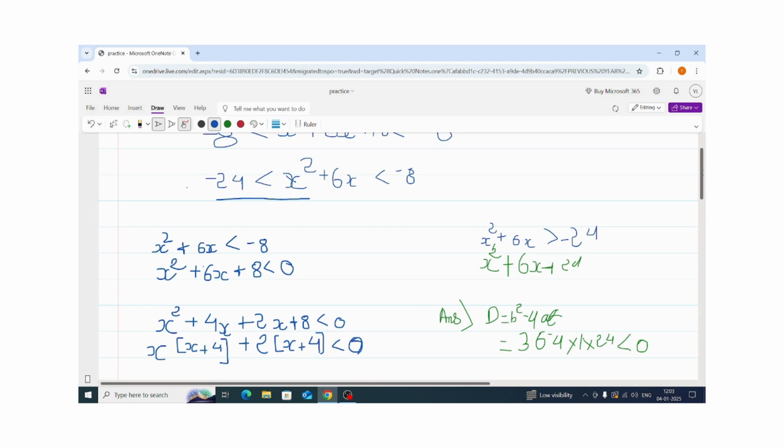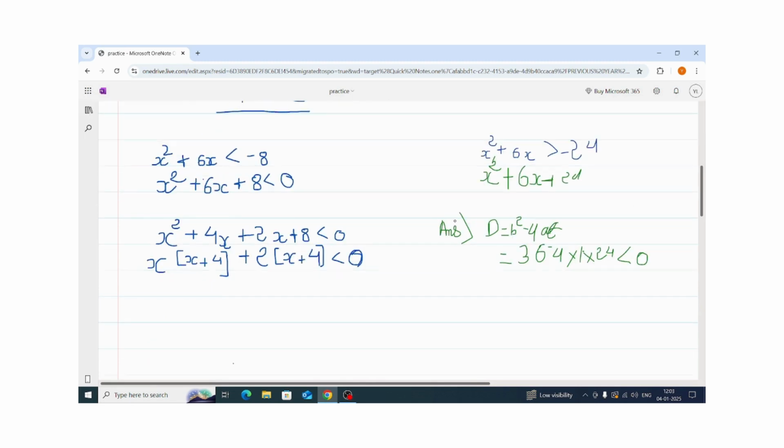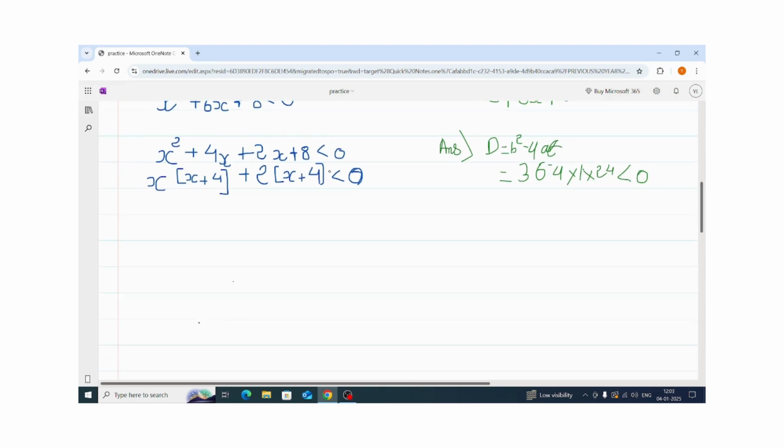From here I'm getting what? Two terms I'm getting: x plus 4 into x plus 2 less than 0. Okay, so now we see here that the product of both these terms is less than 0,